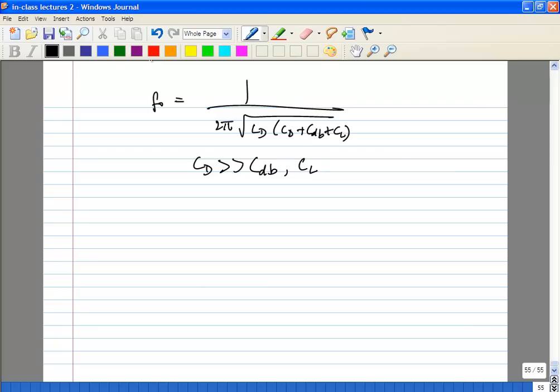Okay, you also don't want to be too dependent on the load capacitance. This may not always be possible, but you don't want to be too dependent on that. The reason is quite often you want the mixer design to be independent of your LNA design. Because let's say you want more gain from the mixer, you might need to change the mixer size. You don't want to come back and redo the LNA.